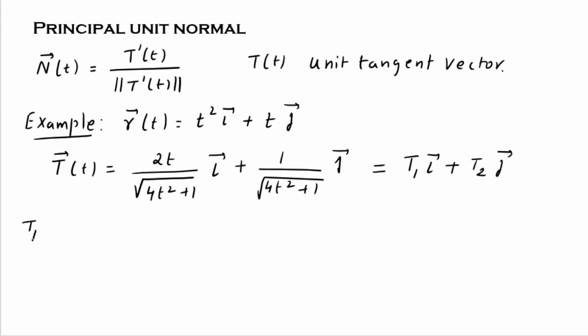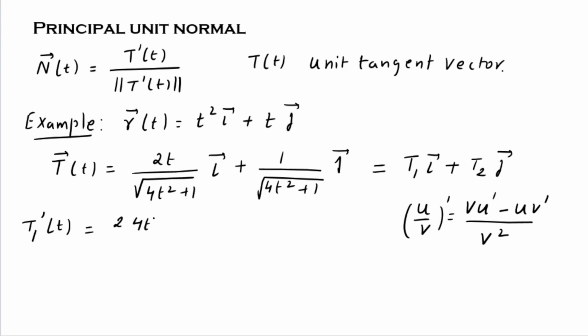Let us take the derivative of T1 with respect to small t. We can use the quotient rule of differentiation. Let us recall the quotient rule: for u by v, the derivative is given by v u prime minus u v prime divided by v square. So therefore, T1 prime is given by